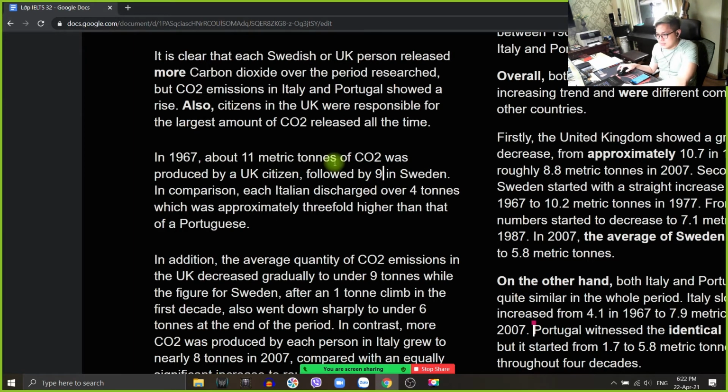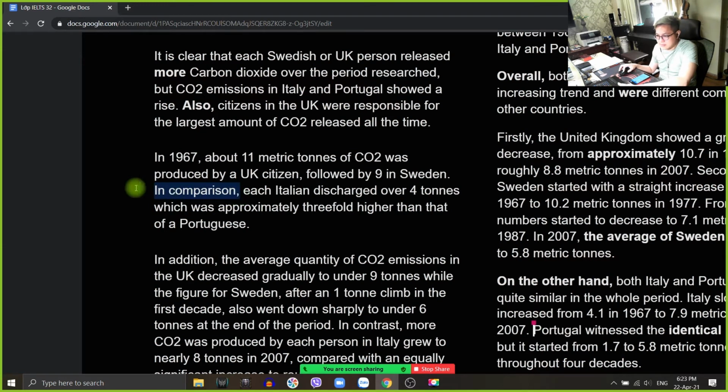Here you are mentioning this number first in the paragraph. It's at the beginning of the paragraph, so you have to mention the units very clearly. About 11 metric tons. So here I just hide away the units, which is fine. Followed by 9 in Sweden. In comparison,